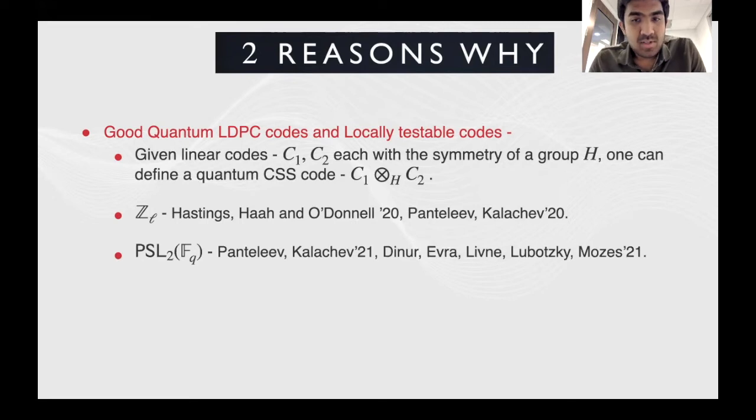Moreover, the recent breakthrough results of Dinur, Evra, Livne, Lubotzky, and Mozes on classical locally testable codes of constant distance and rate, and the work of Panteleev and Kalachev that give both classical locally testable codes as well as good quantum LDPC codes of linear distance and linear rate, can be seen as a similar construction where the group is no longer abelian, but it's this matrix group PSL2(F_q) of 2 by 2 matrices with determinant 1 modulo the scalars. All right. So in this work, it is crucial that